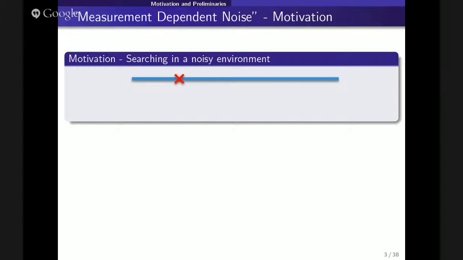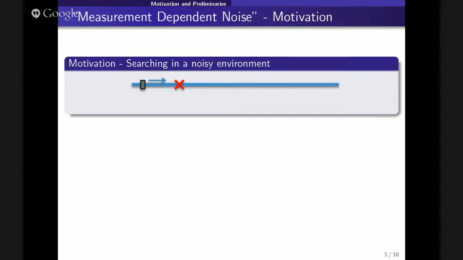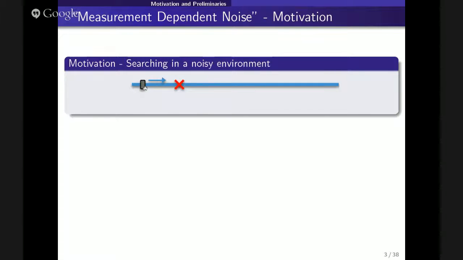So assume we have a target somewhere on some interval, say the unit interval, and we want to locate it. Only the target is placed in a noisy environment, meaning there are many other items in this environment which might look like our target. There are many ways to try to search. For example, we can define a very small window and just go linearly from left to right, trying to locate the target. If the window we look at is very small, we'll get a small amount of noise, but it will take us forever to search.